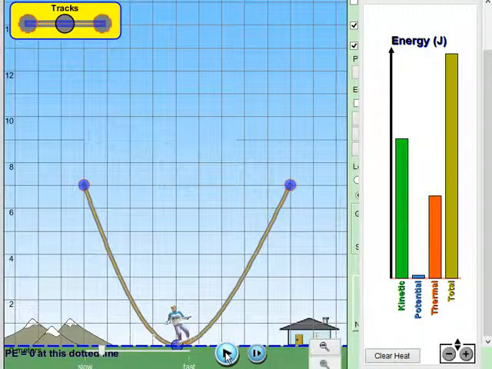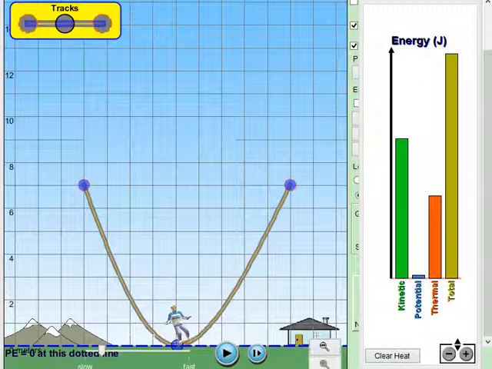Okay, there you go. Clearly now, the kinetic energy is nowhere close to the total energy, because what has happened now is that there is a force of friction here. But according to the work energy theorem we've done in class, the change in kinetic energy from A to B should be equal to the work done on the skater from A to B. The gravitational work is the same because the gravitational force is the same and the displacement is the same. So clearly there's an extra component of work.